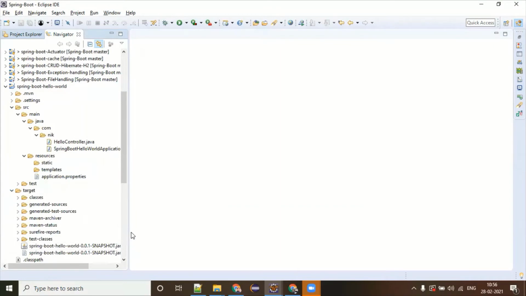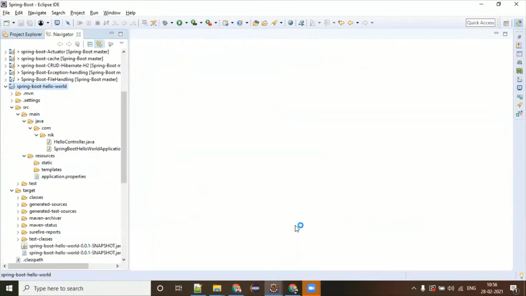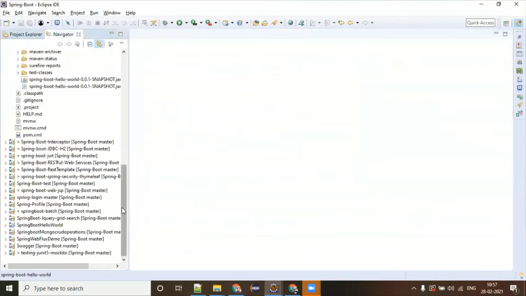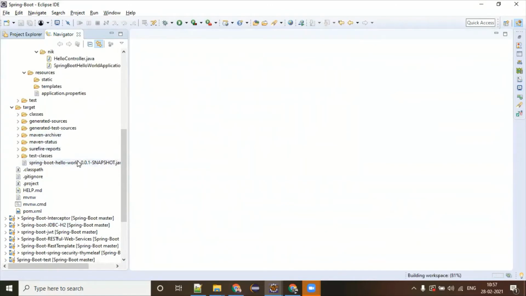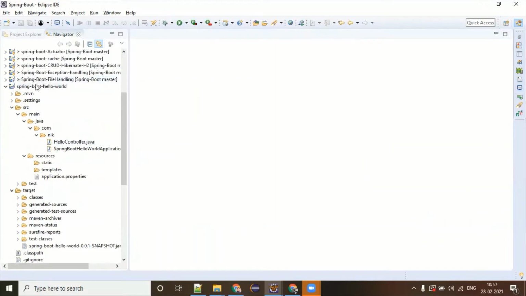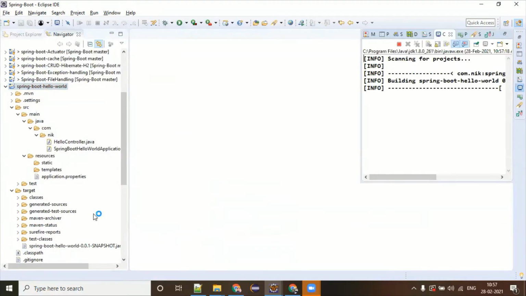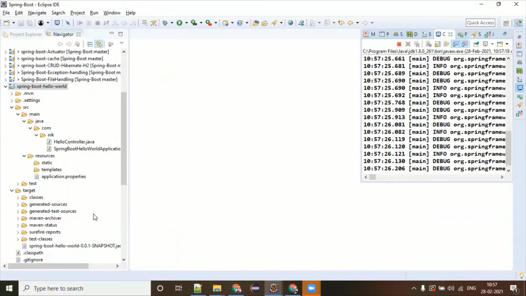Look at this. Yesterday we downloaded this application, and if I do Maven clean, let me delete this jar and see. See, it's automatically there. Now if I run as Maven install, the expectation is the jar has to be created automatically.